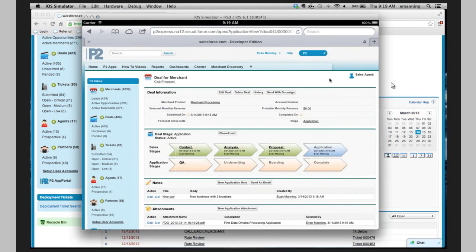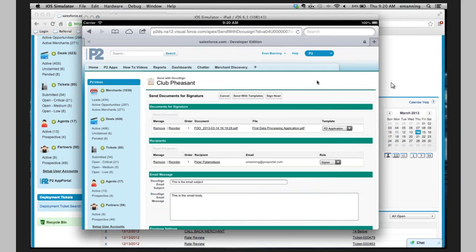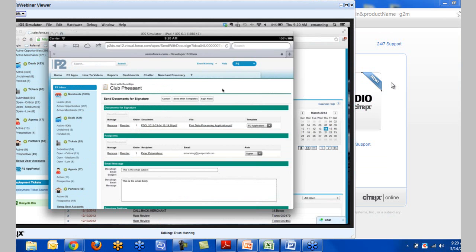Now with P2, we've integrated signatures in several different ways. First of all, we've allowed you to do the traditional send with DocuSign feature. Now some of you have already used an electronic signature piece. You're familiar with how it works. You're basically sending a template to the merchant. They're going to open their email, and inside that email, they're going to be directed to the DocuSign website where they're actually going to complete the